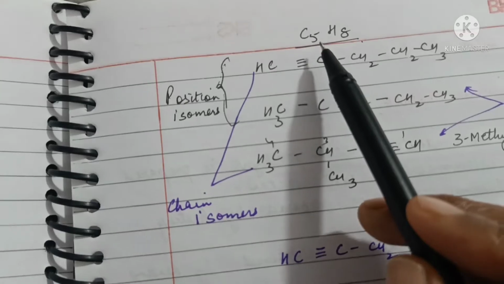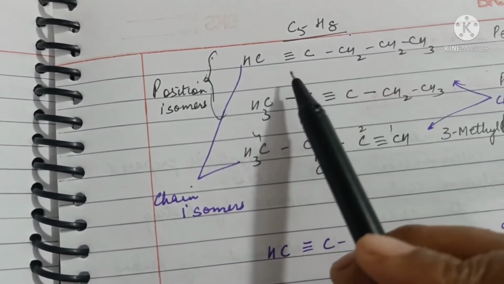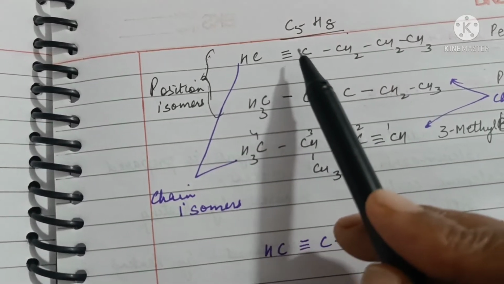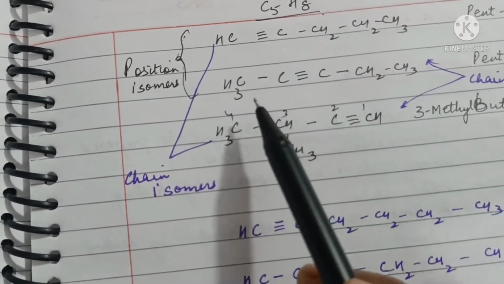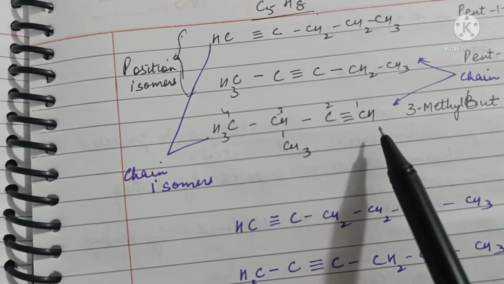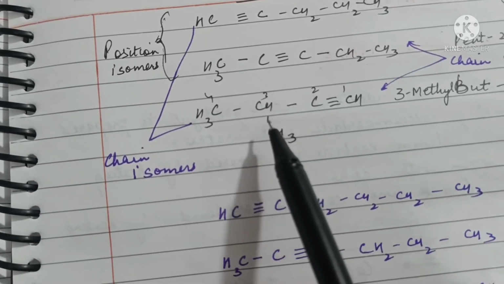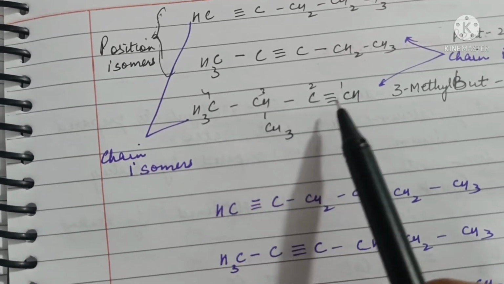So we can write different structures. One structure will be of 5 carbon atoms and triple bond at first position, then another of 5 carbons, triple bond at second position. Then we can have a 4 carbon chain with a substituent at the third position, while